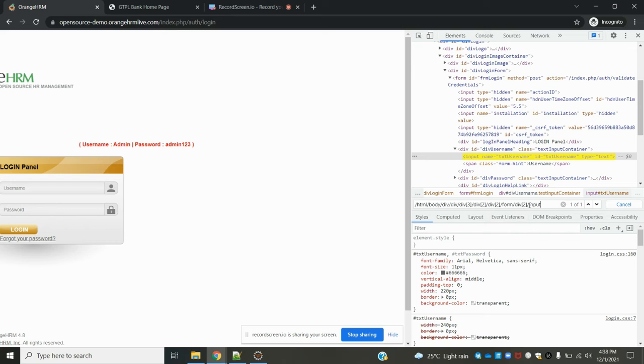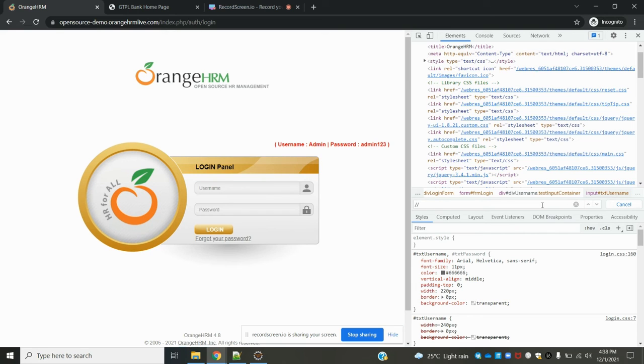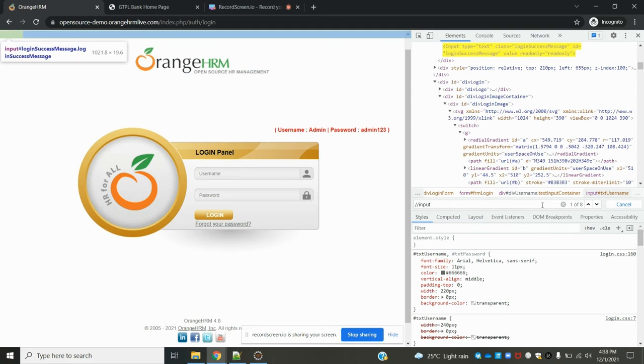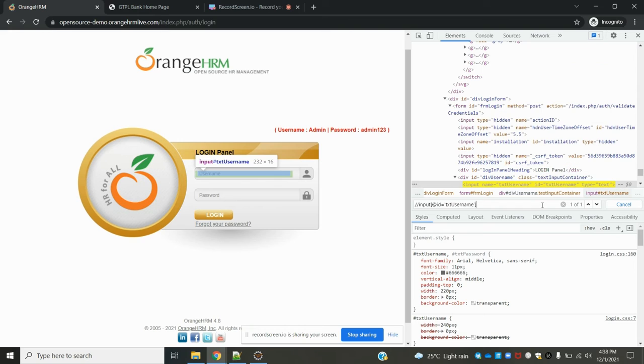How? See, now I am removing everything completely and writing double forward slash input. Then I provide id equal to txtUsername. See how easily we can find it, right? It is a simple one. We can go directly to that particular tag name and use it.